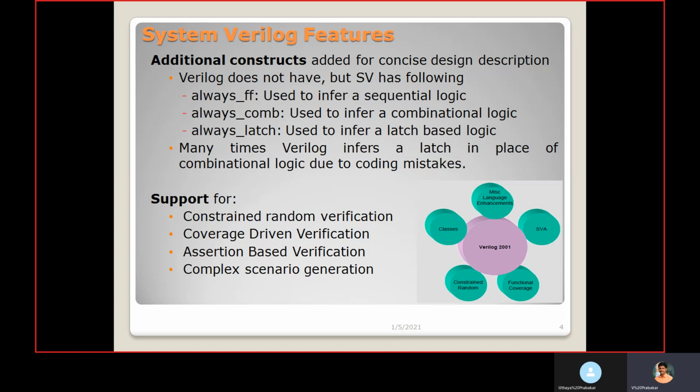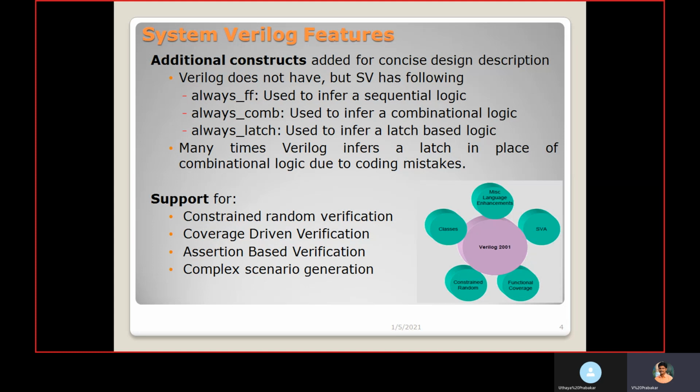Then coverage driven verification. I already explained about coverage. Generally there are two types of coverage: one is code coverage, another one is functional coverage. Code coverage tells how much portion of the design code is verified, is utilized. If the designer implements lengthy code, and during the verification a few parts of the code are not exercised, that is extra code which is not required.